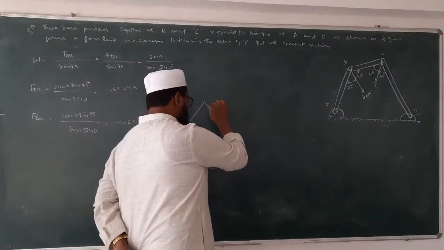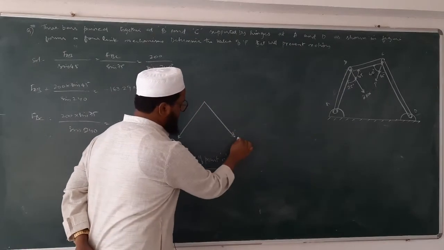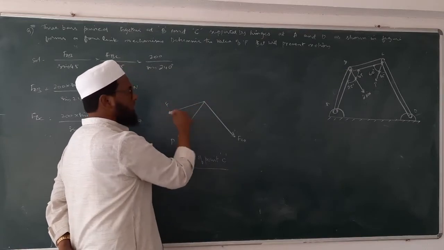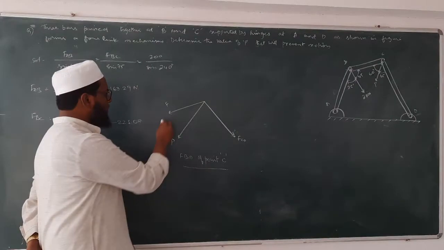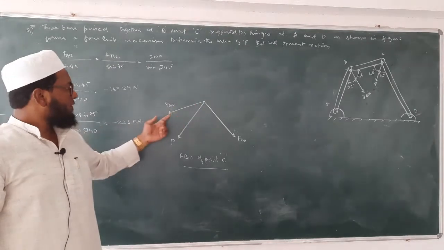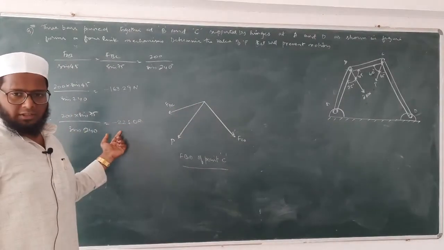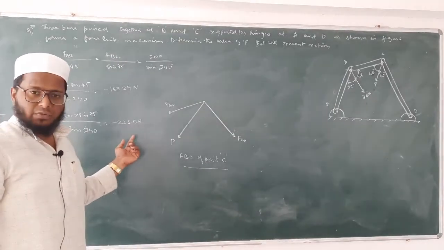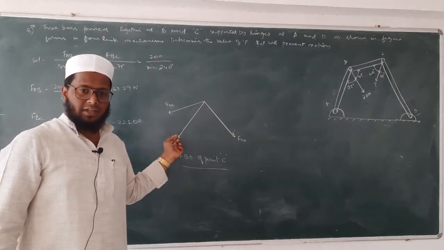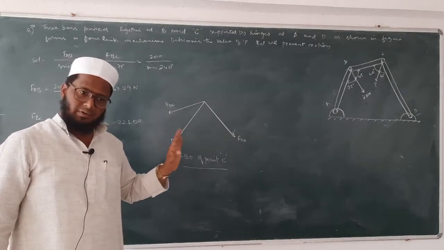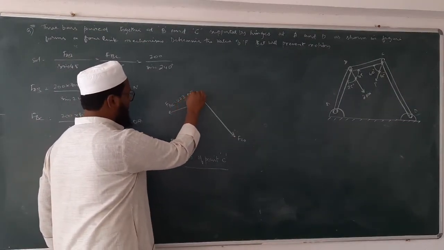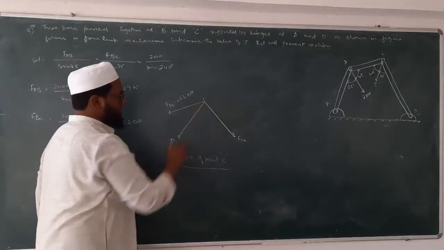Then we have force in member CD. Then again we have force in member CB or BC, both are same, isn't it? Force in member BC. Now see here, what is the force in member BC we got? 223, isn't it? But here we got minus 223. Here we are taking in the opposite direction. That means, shall I write minus 223 or plus 223? Plus 223 only. Okay. 223.07. This is point C.